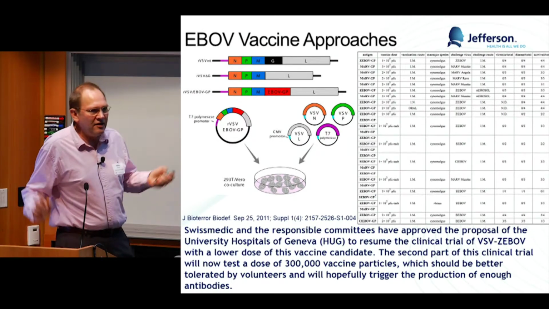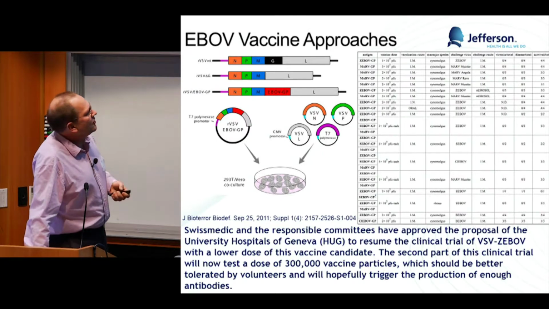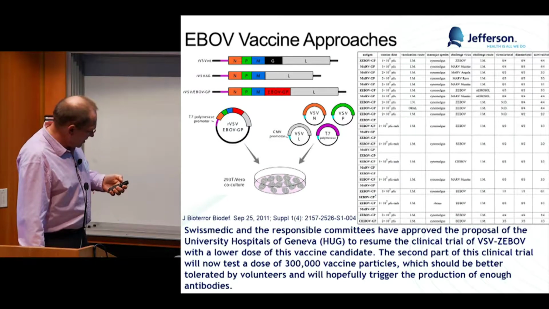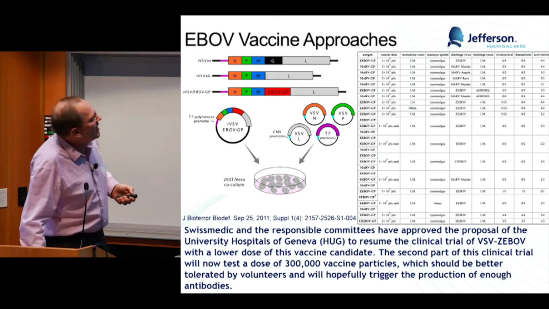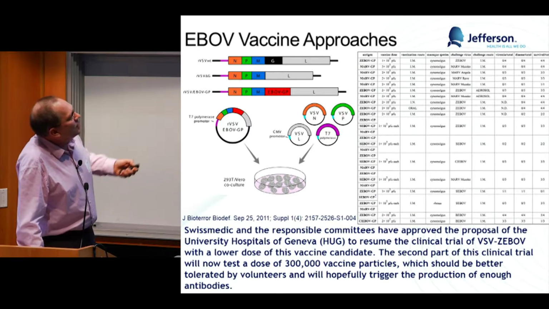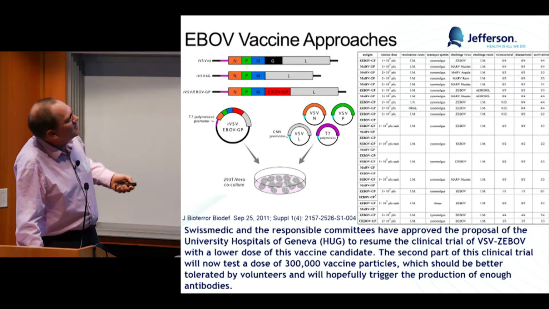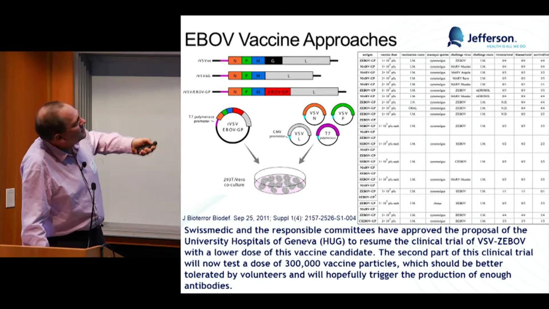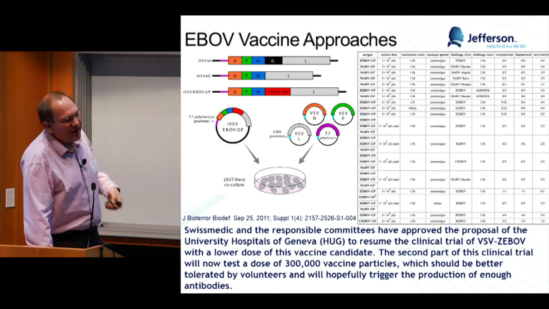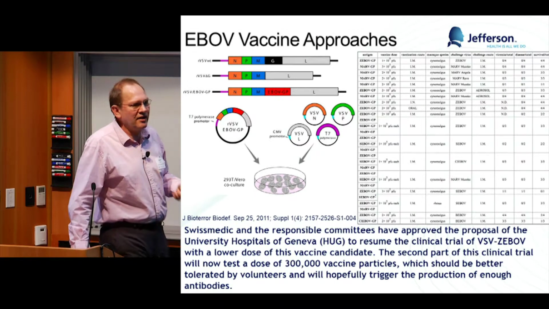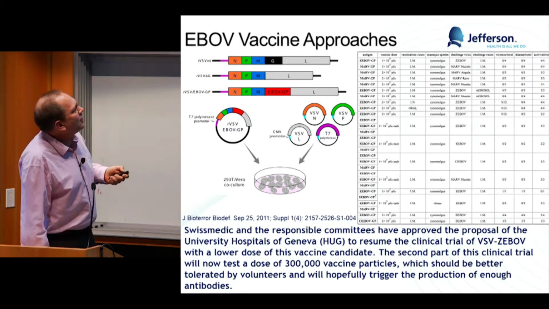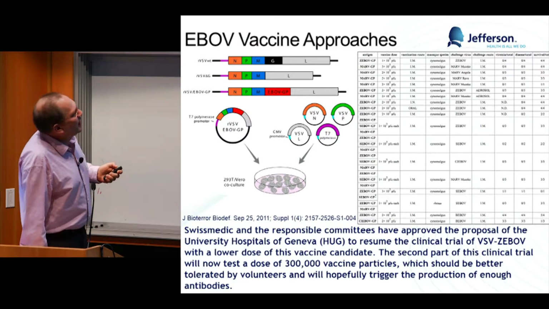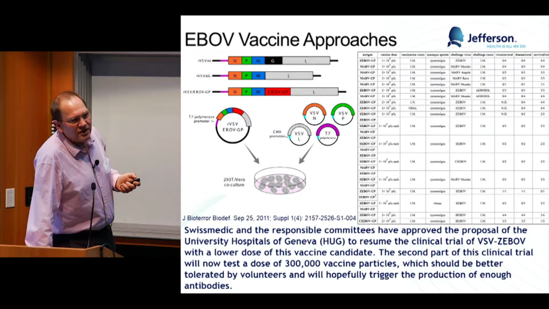VSV and rabies basically looks the same. VSV is also a little bit neurotropic. And you see here this extremely busy table. That just is here to show it was extensively tested with titers to 10 to the 7, and they always had protection. They tested it against Sudan, they tested it, and it is a very good vaccine. But it is a replication competent vector.